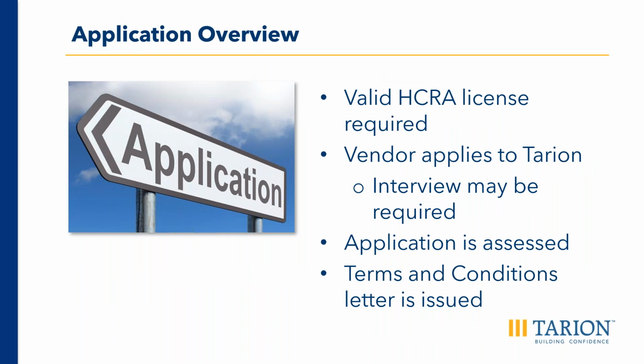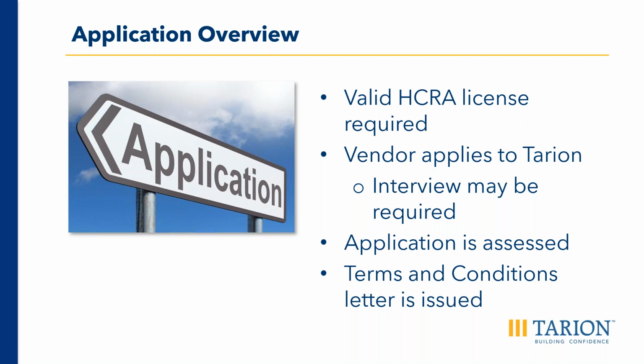Before you can apply to Tarion for Qualification for Enrollment to build and sell specific homes, you will first need to have a valid license with the HCRA. Once you have your license, you can apply to Tarion. Even though you cannot apply to Tarion before having your license in place, Tarion is happy to provide guidance to any applicant who is in the process of achieving their HCRA license. You can contact Tarion and we will walk you through the application process, provide the documents that you'll need to complete, and give you a sense of what you can expect while going through the application process.